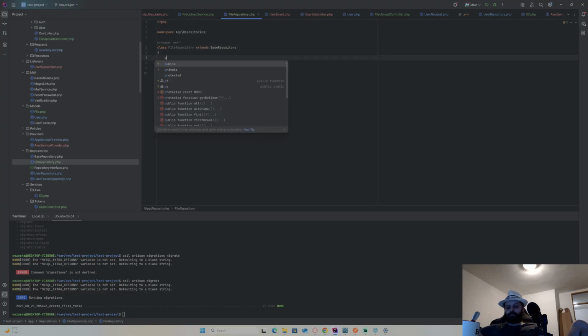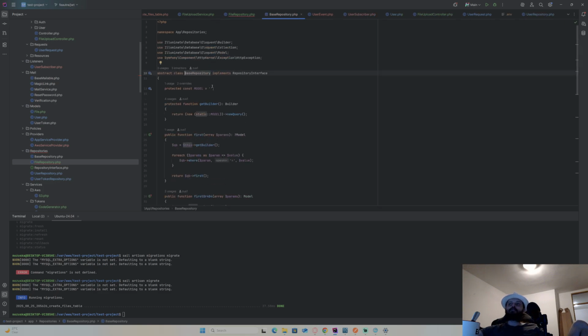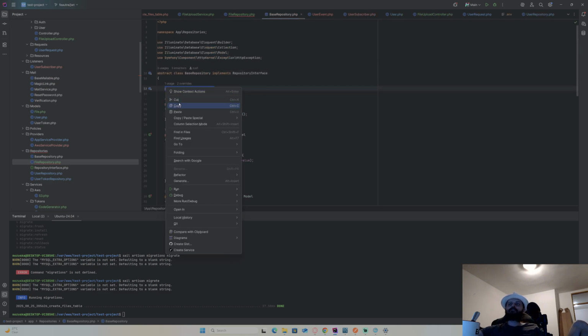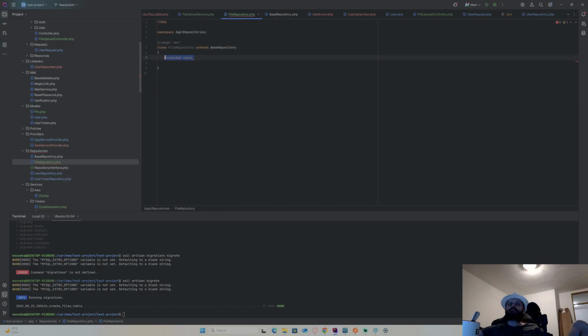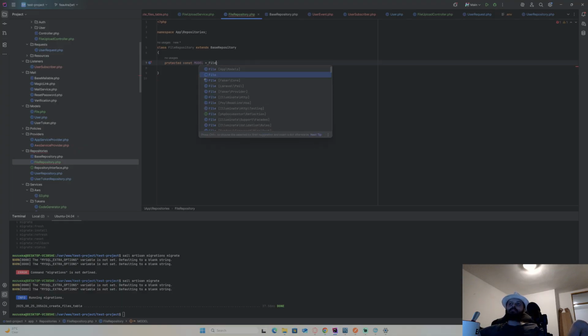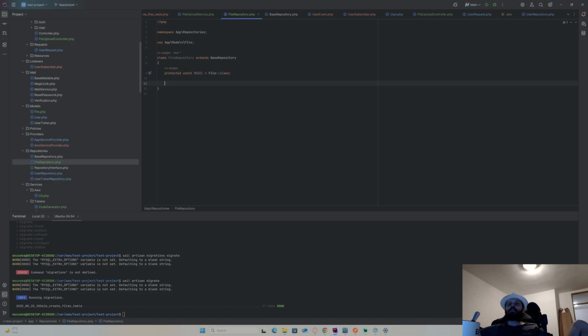And protected const, call it model. It's going to be file class, and I'll add a public function upload. No, it won't be upload, it'll be create.